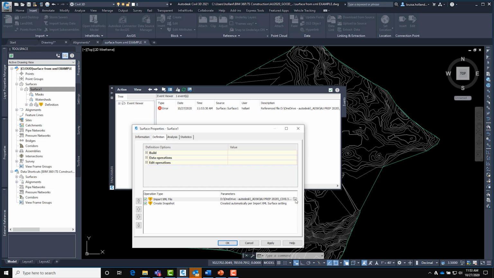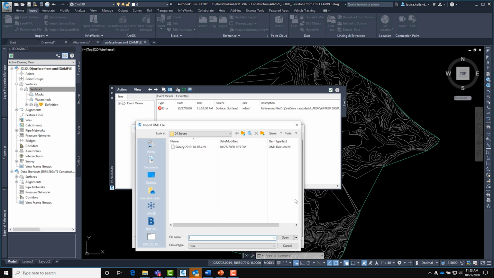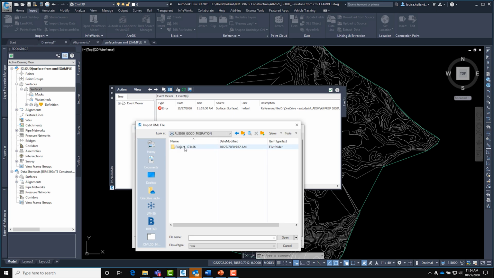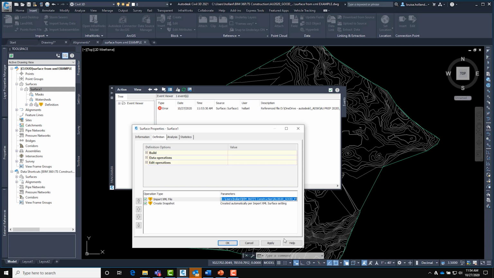So I'm going to go ahead and click this folder and redirect it to the correct location. So let's make sure we're going to good migration example. And this particular XML file is in the survey folder, and that's what it's looking for. We'll hit OK.